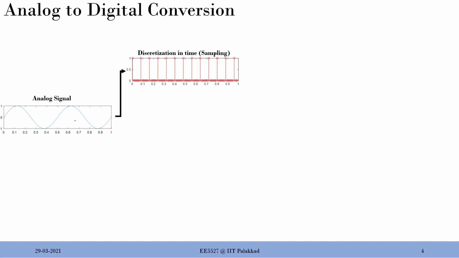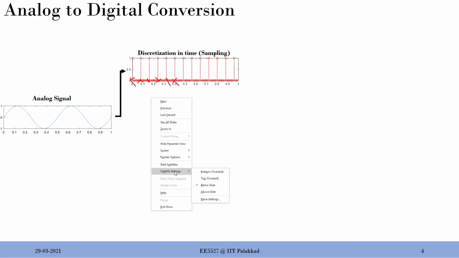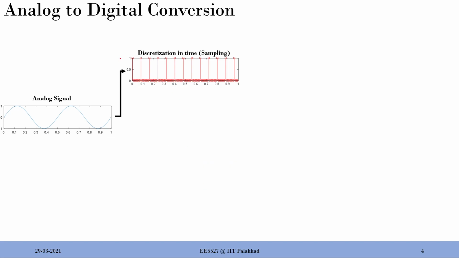So basically this is exactly that. You are going to only look at these time values. Okay, so at this point and this point, the remaining are going to be thrown off. So that is the loss that you're going to see in a digital system. Only at those time instances will I have values. The other time instances, unfortunately, we throw out, and this particular gap is known as the sampling interval. Okay, so that's going to repeat. So let's call this TS, and then Fs, the sampling frequency, is nothing but the inverse of that sampling interval. Okay, so that's the basic understanding that you have.